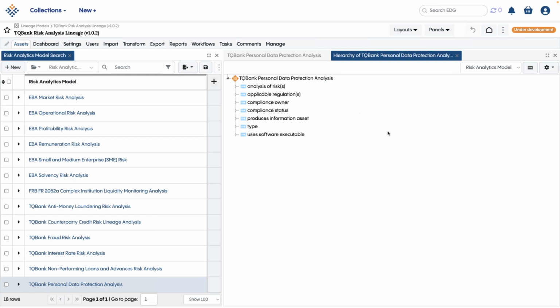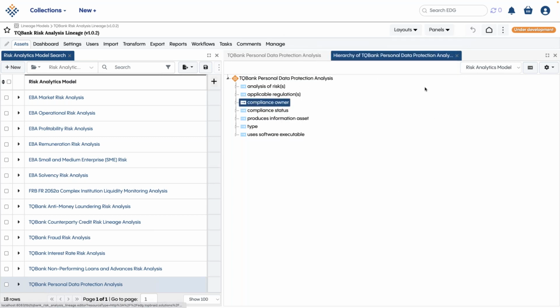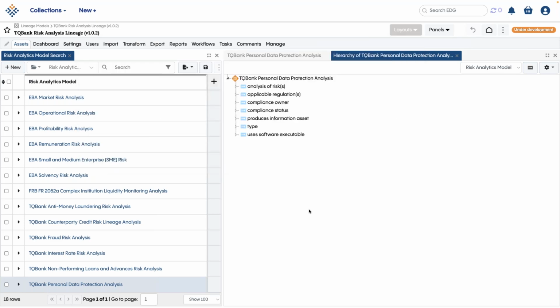What I won't be doing in the demo is showing all the different kinds of panels we could have, because this environment, TopBraid EDG, is highly configurable, and you can have different layouts, including the ability to use Sparkle and that kind of thing. As I travel through this, some of these connections that you will see me doing are directly expressed as statements